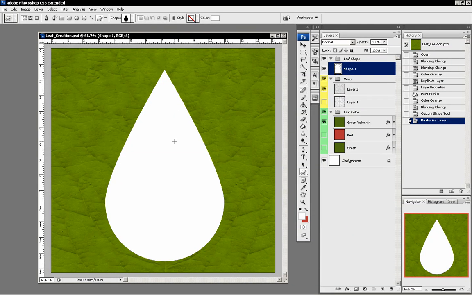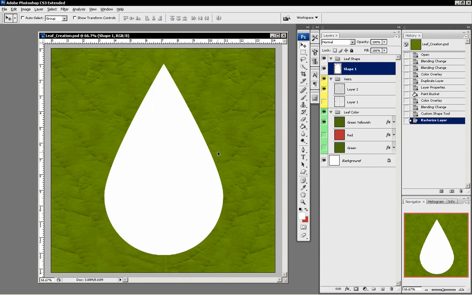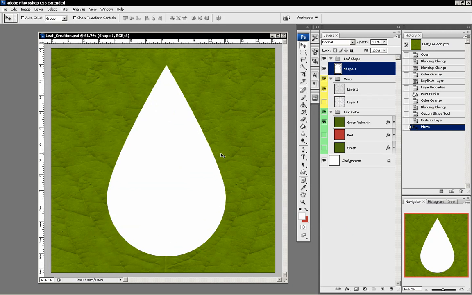If you use the Move tool, V on the keyboard or clicking on the top of the toolbar, we can go ahead and move that around. You can center it. But right now I'm not really worried about centering it. What I really want is a little bit of a better shape, because of course this isn't going to make the best leaf. And we really only need to worry about one side of the leaf. So I'm going to hit Control-T on the keyboard, which is going to bring up the Free Transform, and I'm